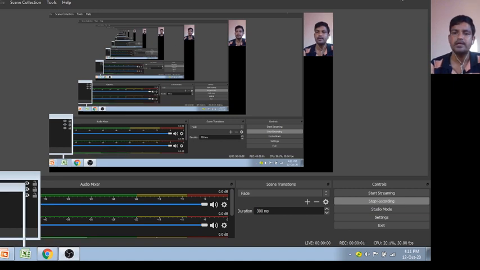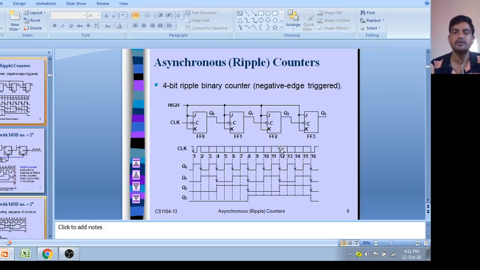Hello everyone. In last class we have seen asynchronous counter or ripple counter or serial counter. In last video lecture I explained how to draw the circuit of binary asynchronous counter. Okay, we have seen mod 4 or 2 bit asynchronous counter or mod 8 or 3 bit asynchronous counter. In last video I explained how to implement